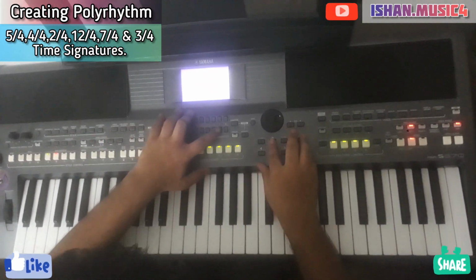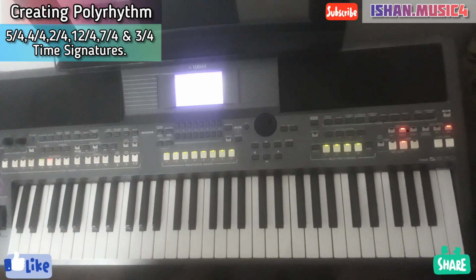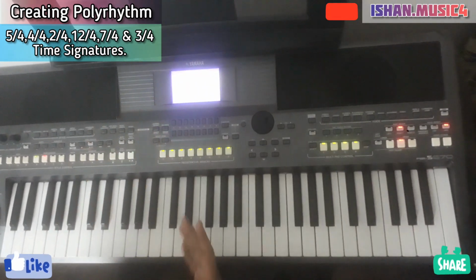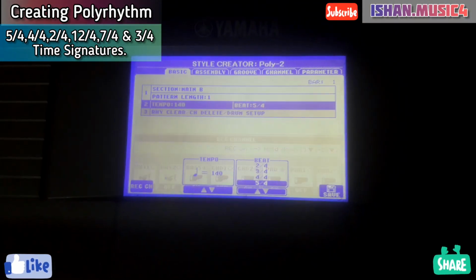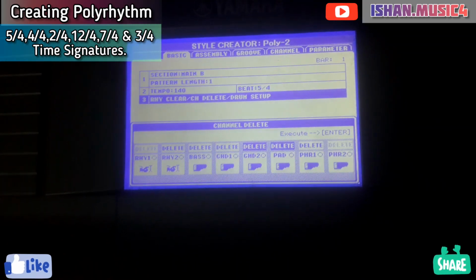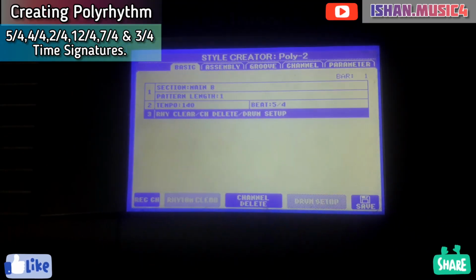Now we'll delete the other parts which we have used to help in creating 7/4, which is chord 1 and pad. We'll delete both of these so that we can make space for other time signatures.